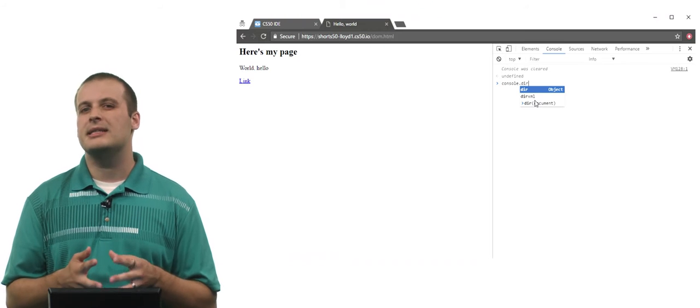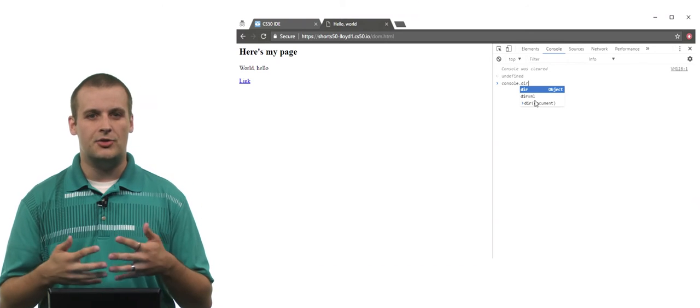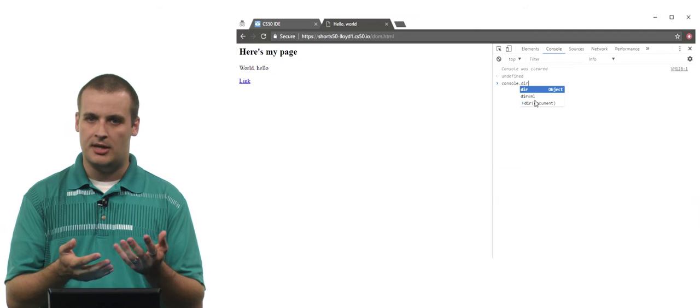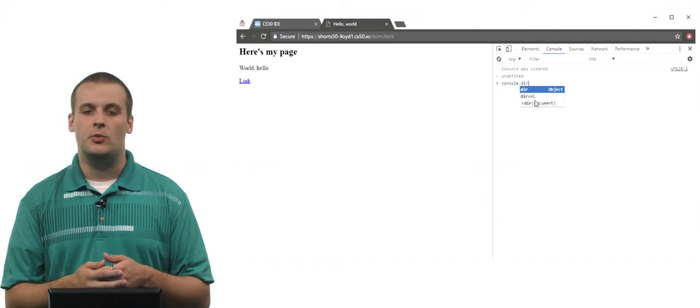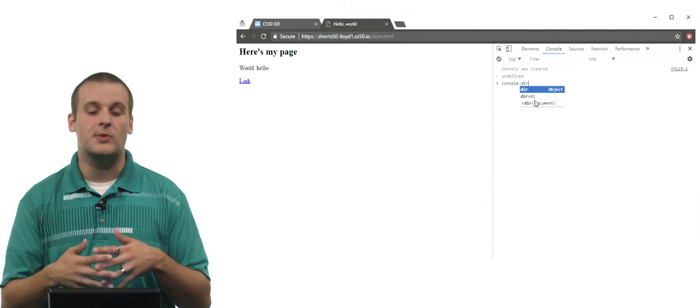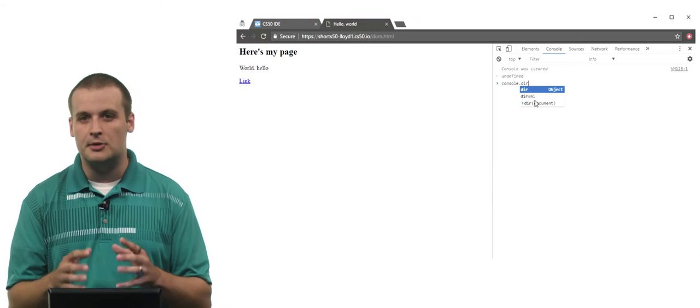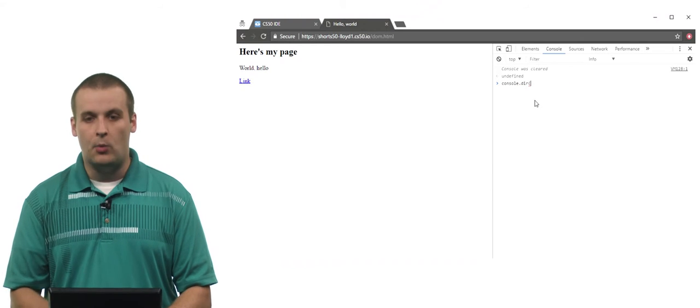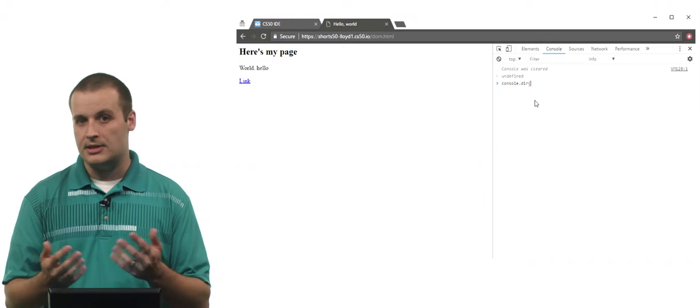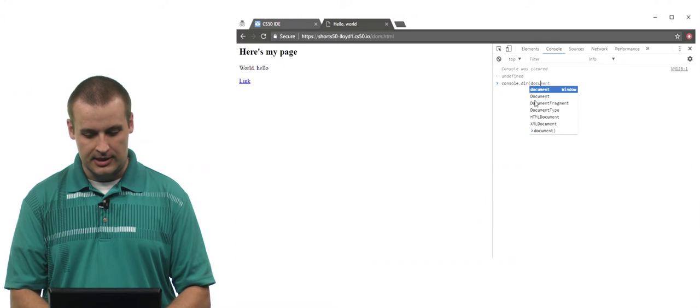And what console.dir is going to do is basically try to organize the content of my page here in a directory structure, which is a fancy way of describing an object. So we can look and see what's in the object. And what object do I want to look at? Well, I want to look at the document object. So I'm going to console.dir